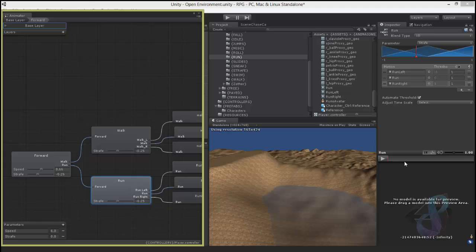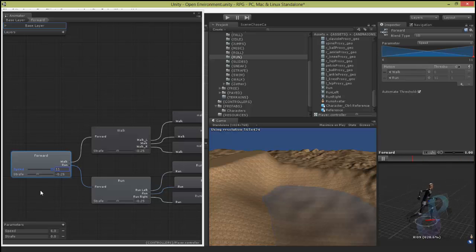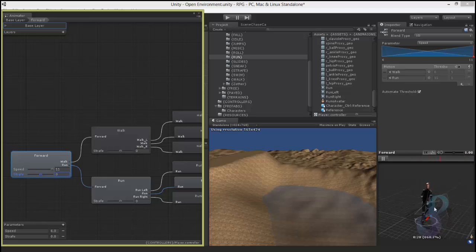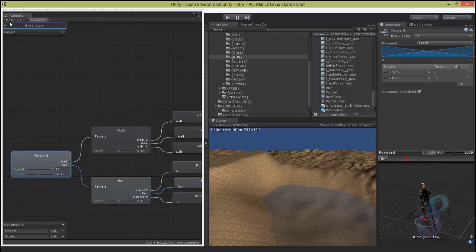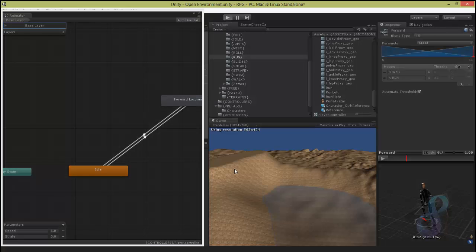Okay, so now if I play the animation and I put the speed up, so I'm running. Okay, you see that it's running straight forward. Okay, as soon as I move toward the right, it runs right, toward the left, it runs left. Okay, good, dandy, nice. But nothing will happen because these 2 numbers are set just by default. So even if I play the game now,